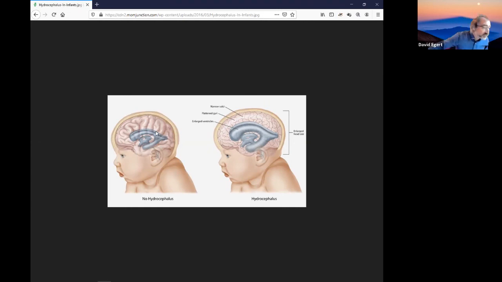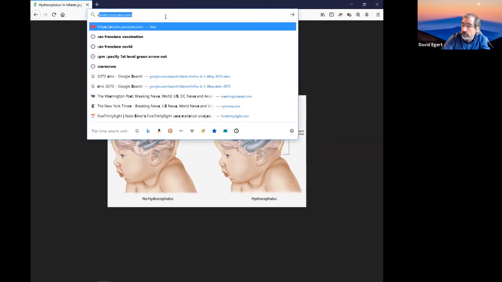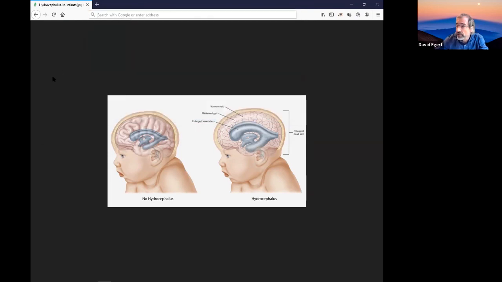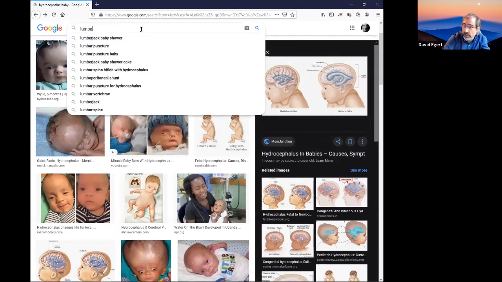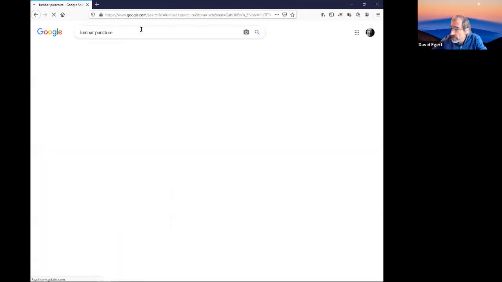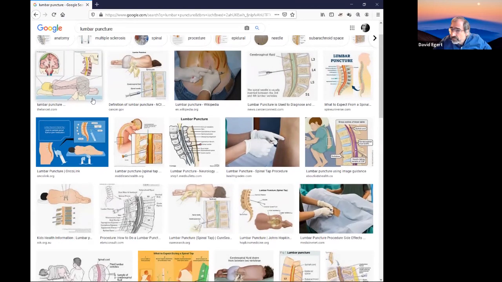The last thing I'm going to do before we take our break is just give you the concept of the spinal lumbar puncture. Let me do that, and then we'll take a break. So the basic idea of the lumbar puncture is